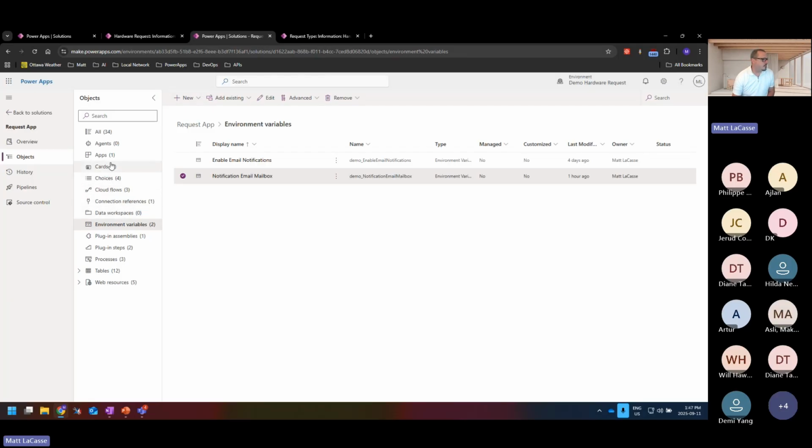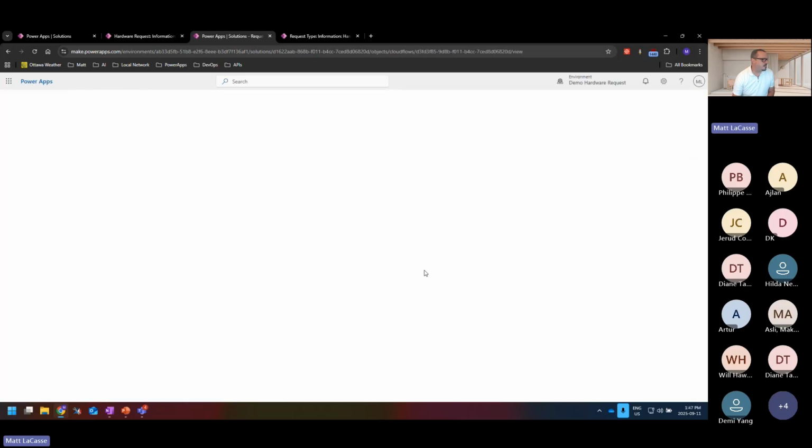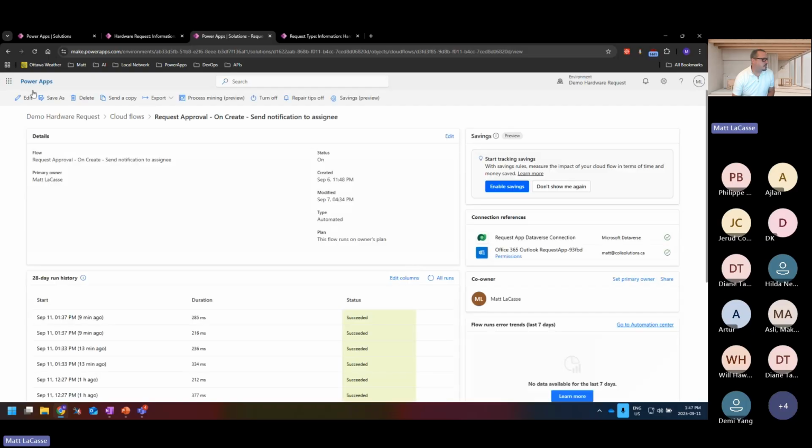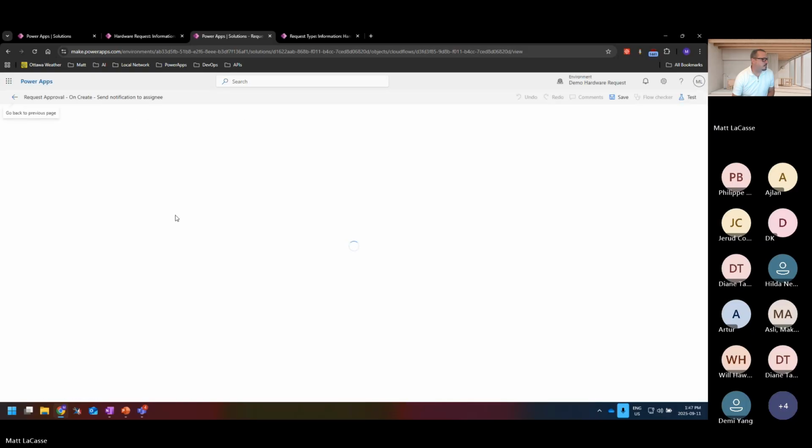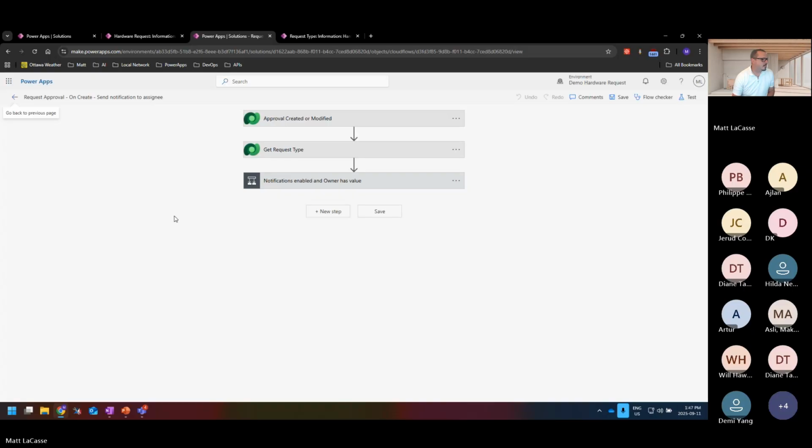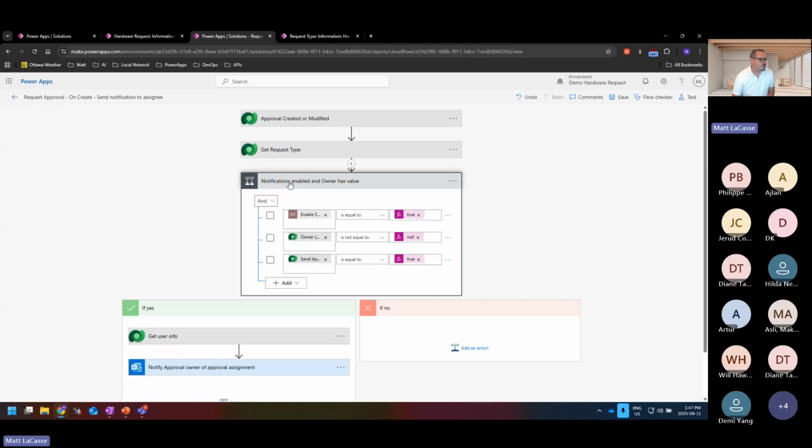So to close this out, as far as applying these, we've got our notification flow here. Let's open that up. So we have our condition statement. We've seen this before when we were looking at our request level feature flag, but we also, as one of the conditions here, have a check for this environment level one.